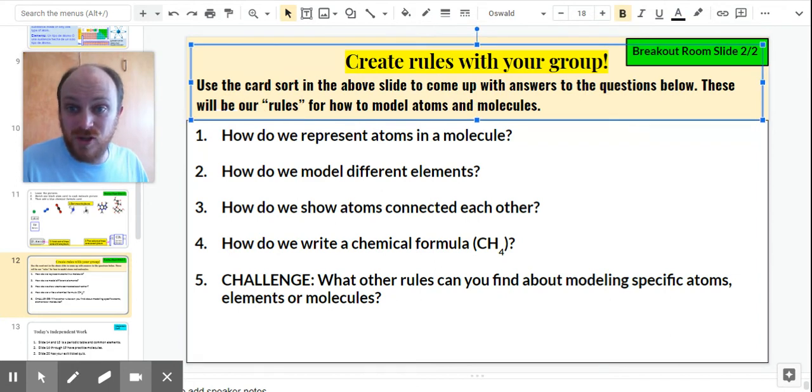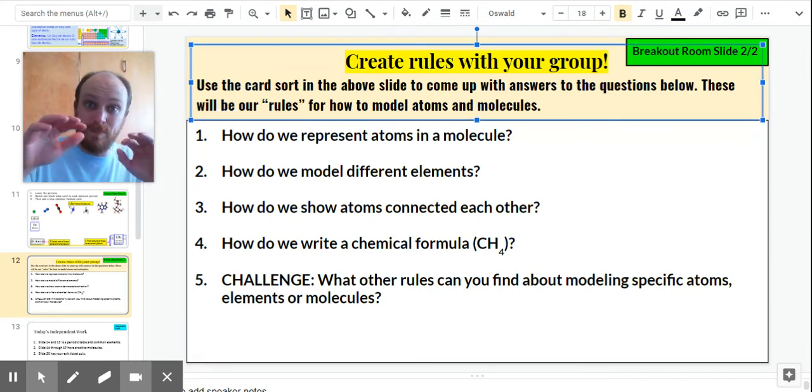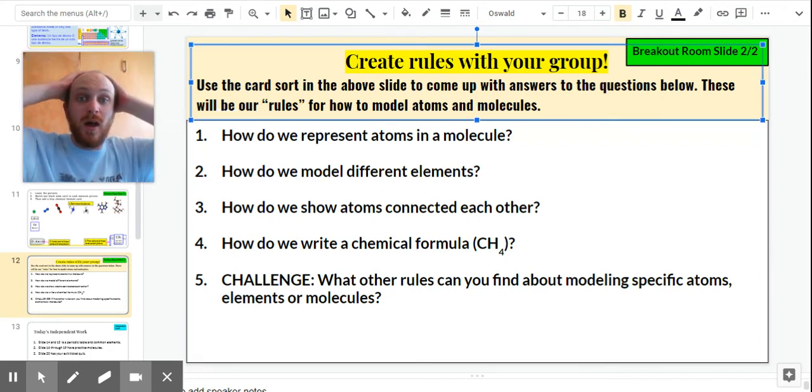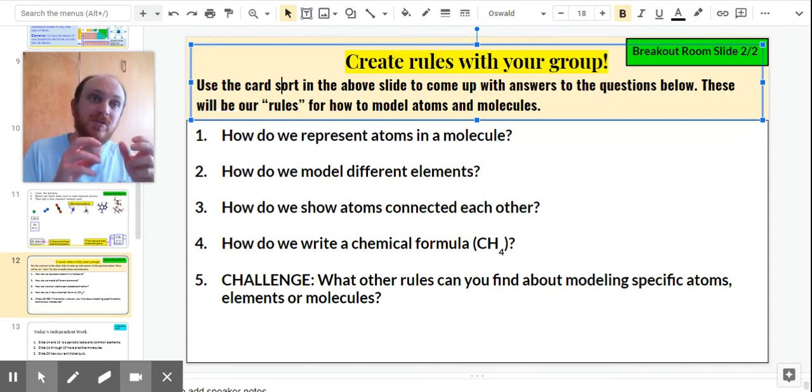What we're trying to do is use that slide above, that card sort, to help us figure out rules for how scientists, and therefore us as well, will model atoms and molecules. Because I want you to learn the skills that you will see anywhere, no matter what science class you go into, or even if you're reading a newspaper article, they might drop a chemical formula on you. They might talk about atoms and atomic structures, even if you're just talking about painting something